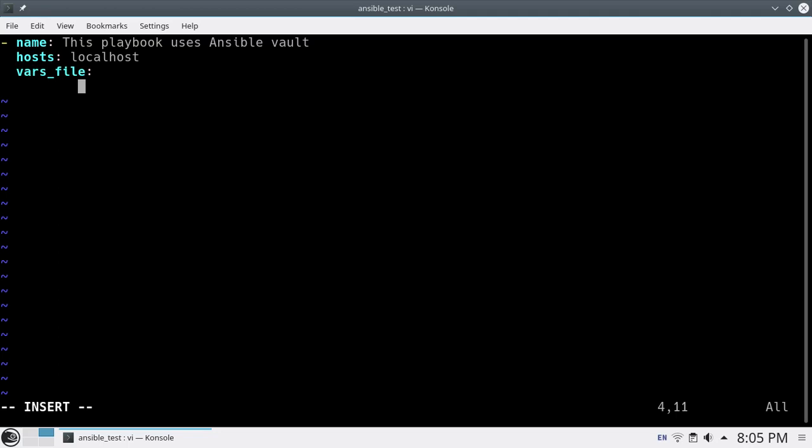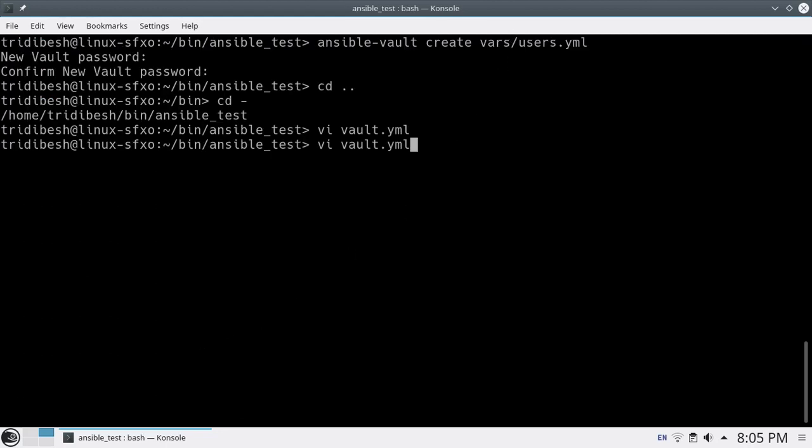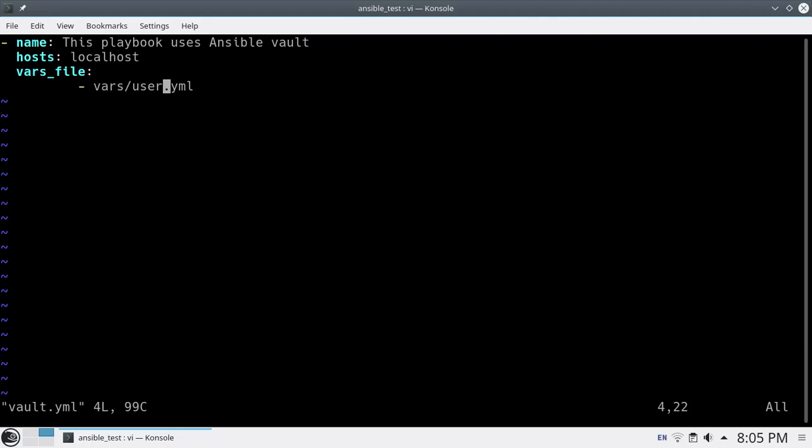Here I'll be defining my variable, so vars users.yml. Let me just verify that was the file, right? users.yml, sorry. This is the variable file which contains the user details and password.